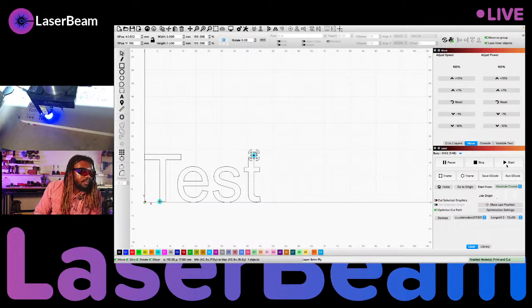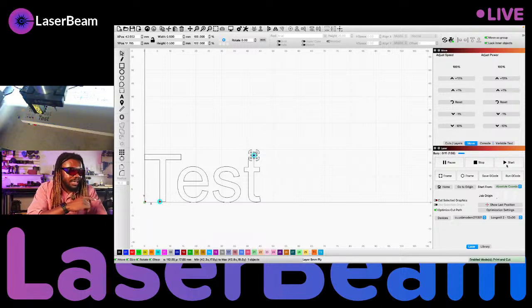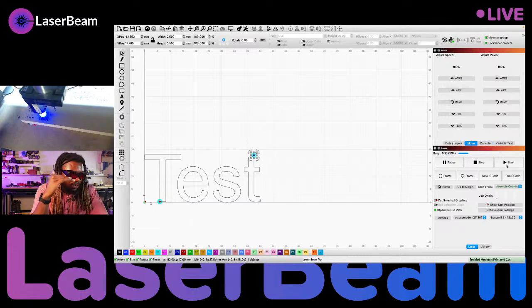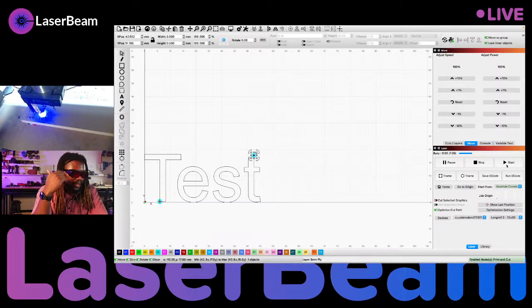Oh, and that is exactly what we wanted. So it is working perfectly, because as you can see, it's engraving right over the original test file. And it started from the opposite end, so you know that it's intelligently doing this. It's not just going back to origin and restarting the project. It knows exactly where everything is. And now that we know,